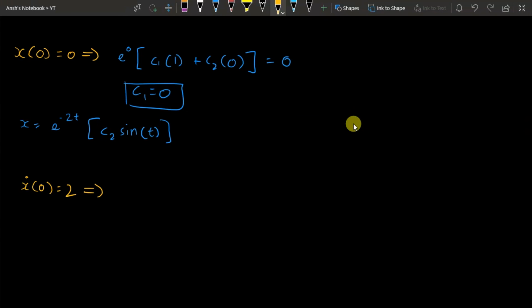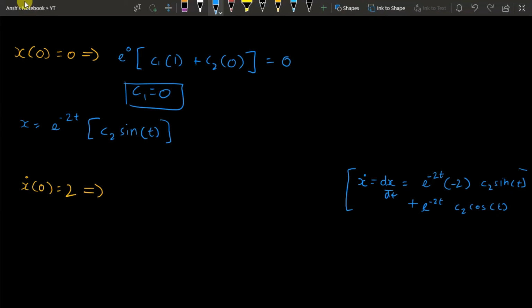And before we proceed, let's find out what the value of x dot is. So x dot, as we know, is dx over dt. So in the value of x that we have now, we have two functions of t, one being e raised to minus 2t and the other being sin t. So we'll have to use the product rule of differentiation while differentiating x. So let's do that, and so we can write the derivative as the derivative of the first term with the second term as it is, plus the first term as it is with the derivative of the second term, which will be cos t. The derivative of sin t is cos t.